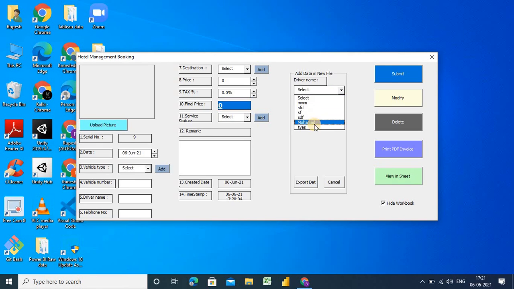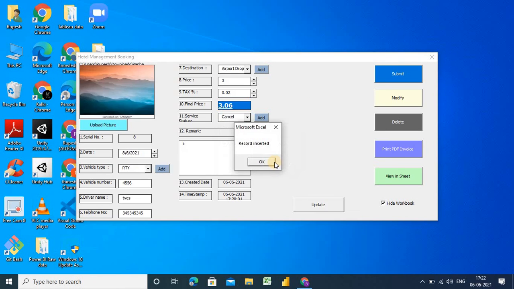Select your driver name, tires, and export data here. Now you can see your Excel file is generated.